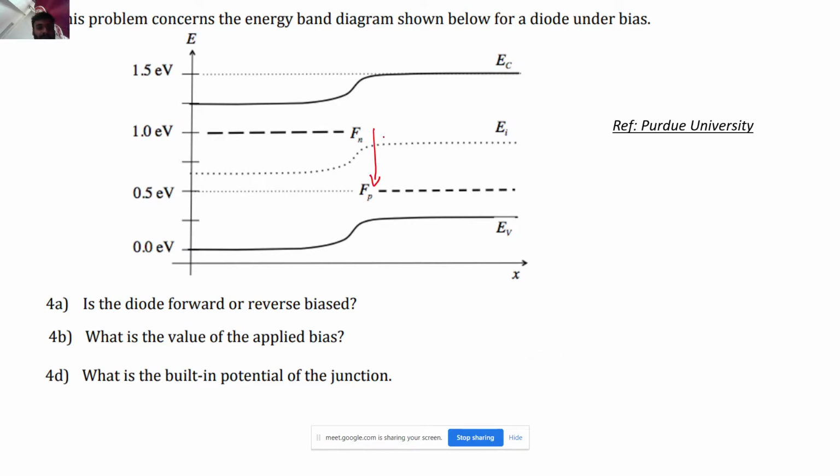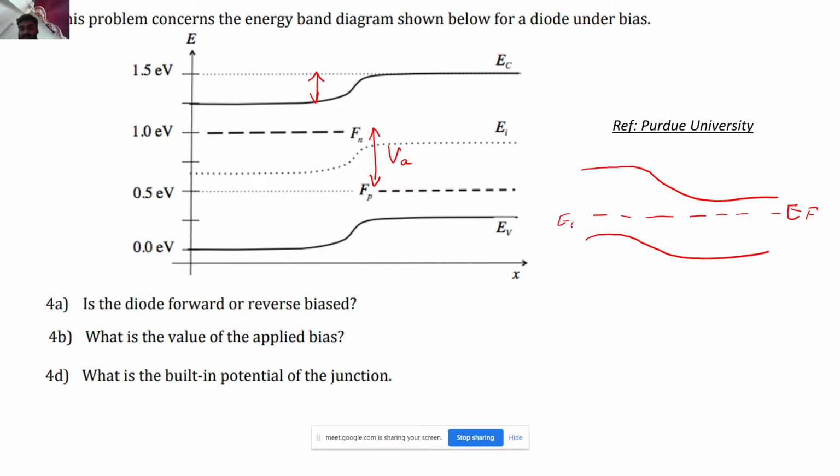Okay, so she is talking about these two things. The built-in potential, sir. Yeah, exactly, correct. So this was the VA, correct? This was what I had applied because if you look at the PN junction, correct, let's say this was my EF, and this was the EV, this was the EC, correct. So this can only happen if I push one side. So let's say this is the RHS and this is the LHS.